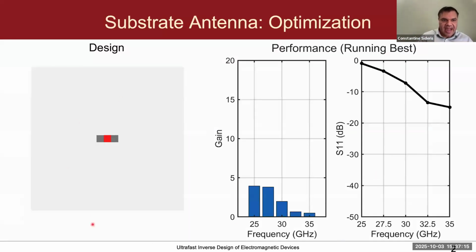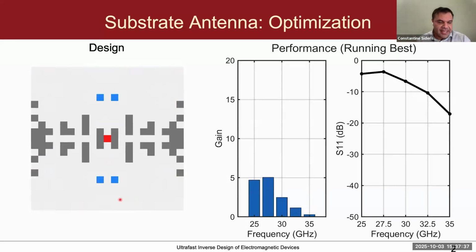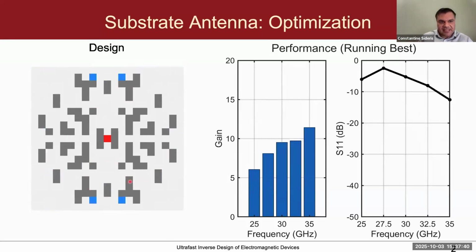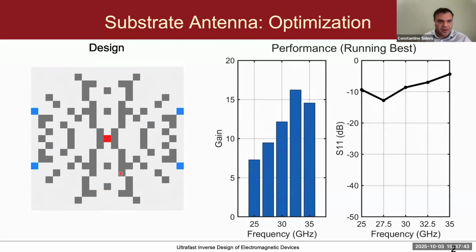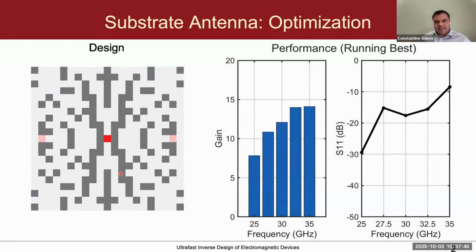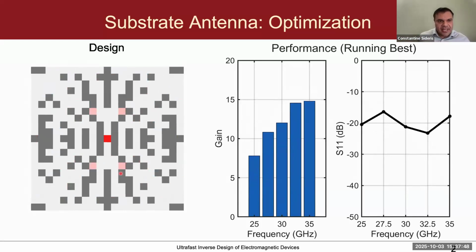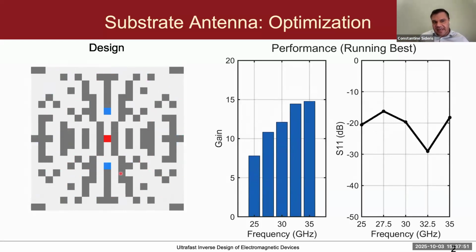And so here I will show an animation that shows the optimization process happening, and the timing of the frames of this animation has been adjusted so that it takes a similar amount of time to play this animation as it takes to optimize the antenna. So you can consider this basically like a live or real-time design, essentially. So this is flipping the tiles. This is actually how long it takes to evaluate each tile flip. If you were using something like a commercial EM simulator, it would take at least several to tens of minutes to evaluate each tile flip rather than milliseconds, and it's done, by the way.